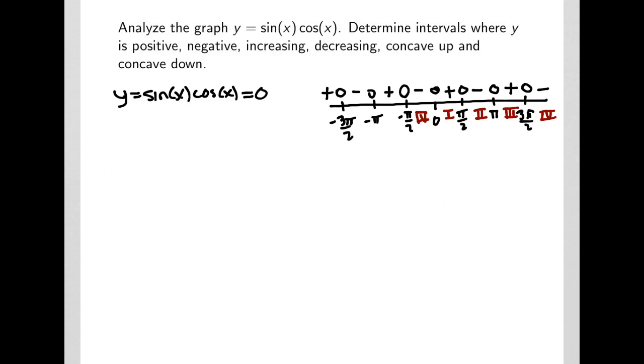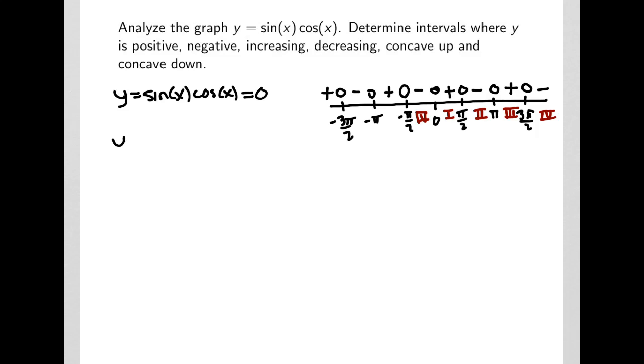Now that we found the signs of the function y, which is sine x, cosine x, the next step is to find the signs of the first derivative. So let's find the derivative. Notice that I need to use the product rule. I'm finding the product of sine and cosine. So when I take the derivative,